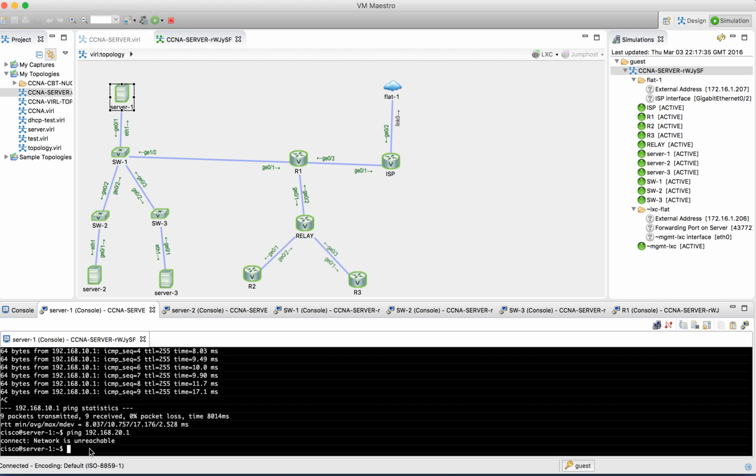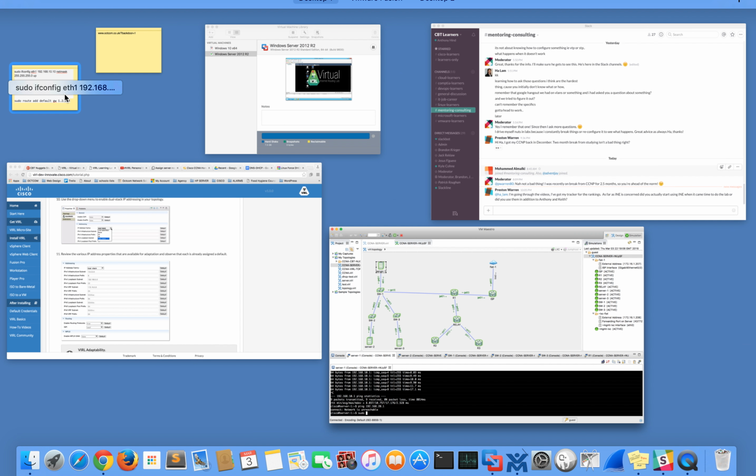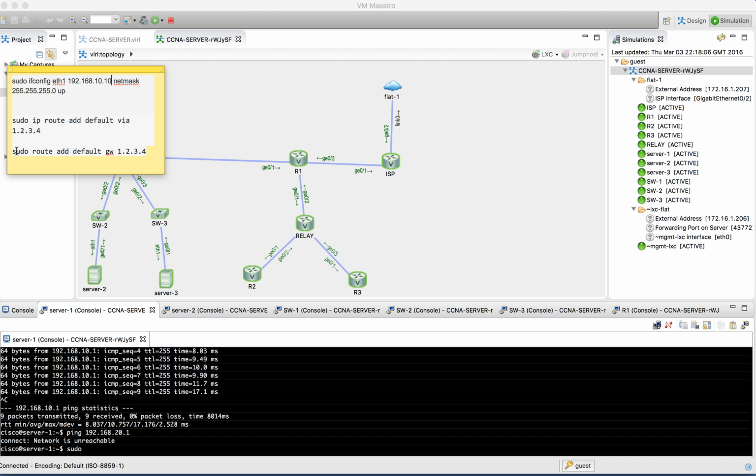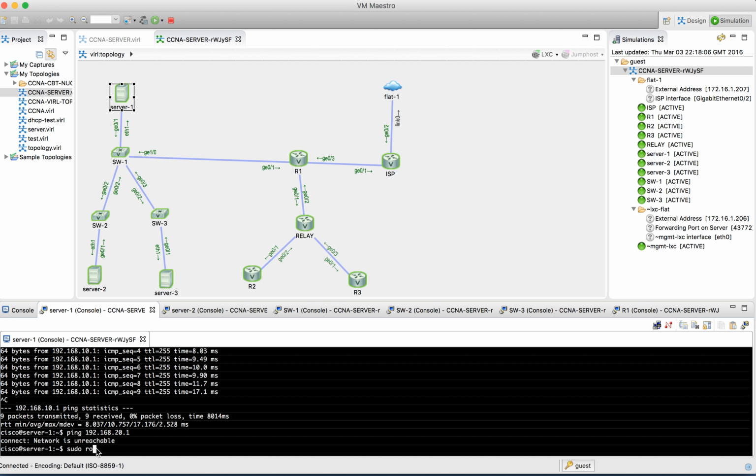So the only way I can get this to work is by using a command in the administration mode on the server, like in the simulation live, and the command I've used is this one at the bottom here. So it's sudo root add